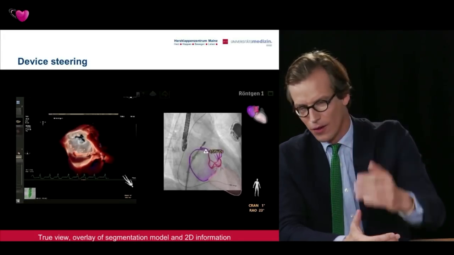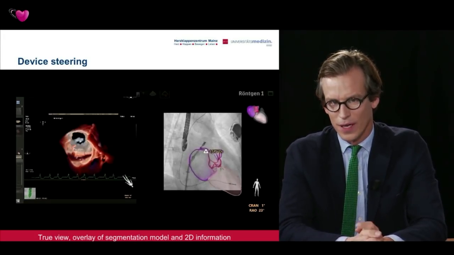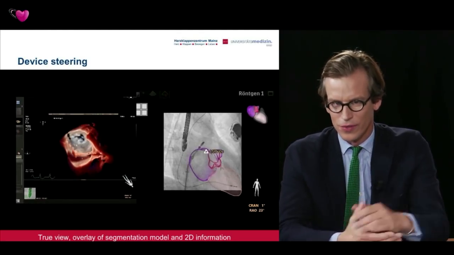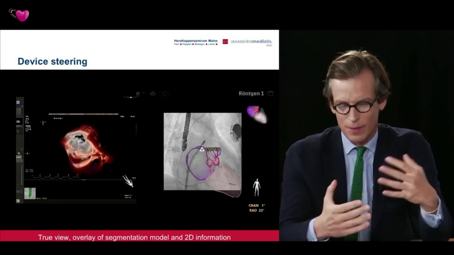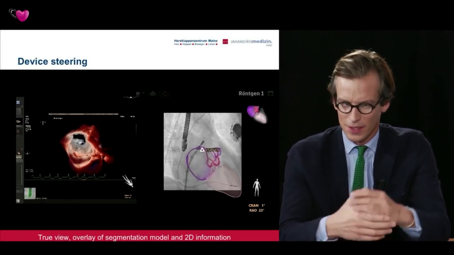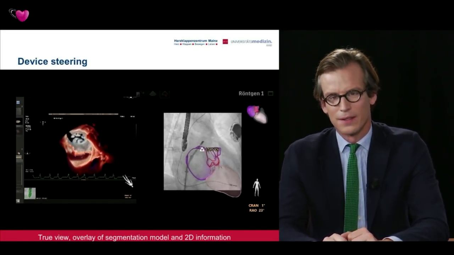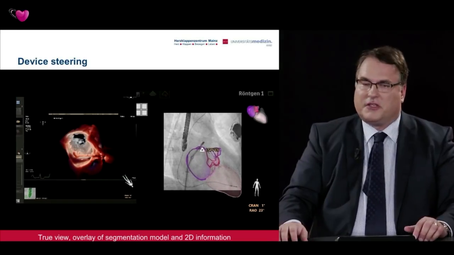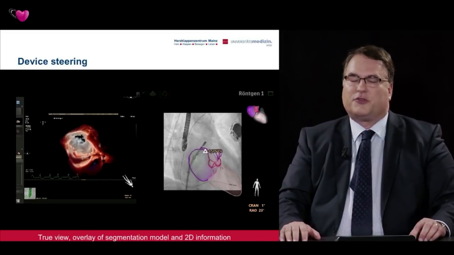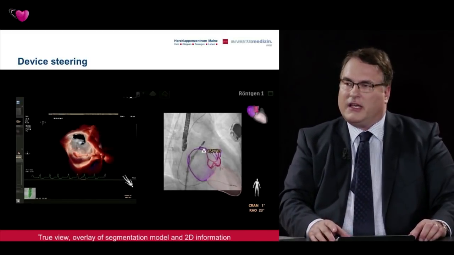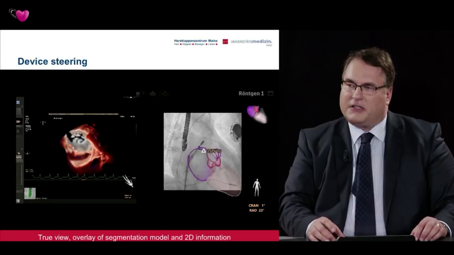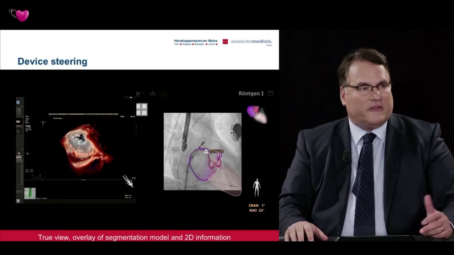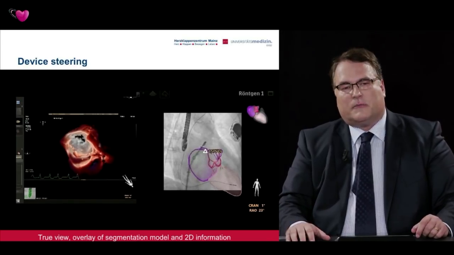And again, look at the fluoroscopic image without the overlay. As an experienced interventionist, you know how to read your catheter behavior, but imagine you're doing this for the first time. It's actually very helpful that the anatomic boundaries are displayed. Perhaps we give a little background to the user on what photorealistic imaging or true view is. It is just a different rendering technique to take conventional echo images, normally RF based echo images,